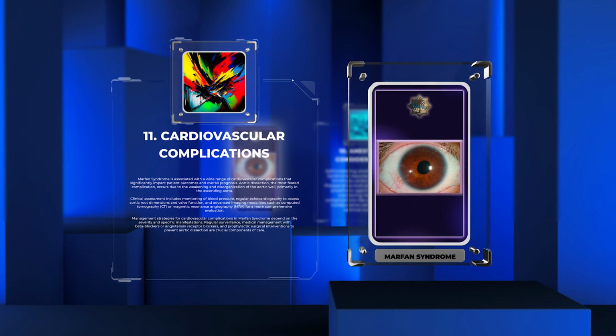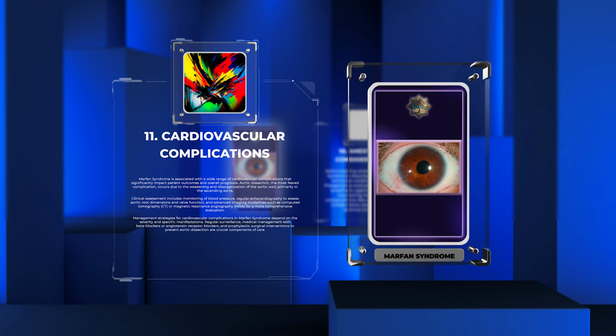Clinical assessment includes monitoring of blood pressure, regular echocardiography to assess aortic root dimensions and valve function, and advanced imaging modalities such as computed tomography, CT, or magnetic resonance angiography, MRA, for a more comprehensive evaluation. Management strategies for cardiovascular complications in Marfan syndrome depend on the severity and specific manifestations. Regular surveillance, medical management with beta blockers or angiotensin receptor blockers, and prophylactic surgical interventions to prevent aortic dissection are